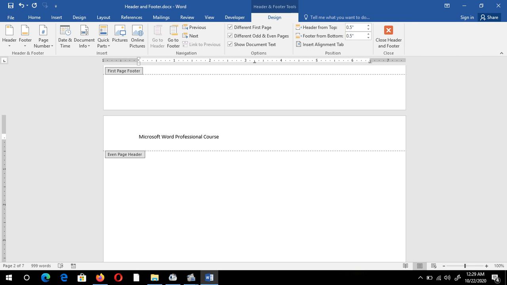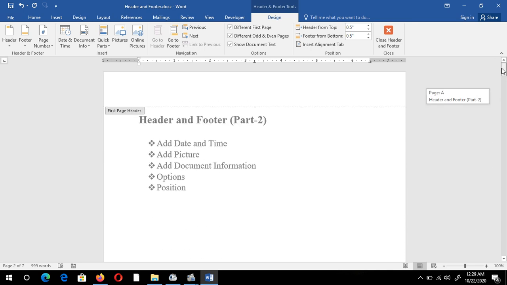This is the header of my even page. You can see the caption. This is showing even page header, and on the top it is showing first page header.